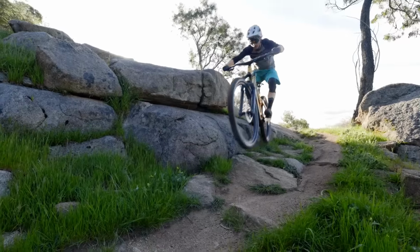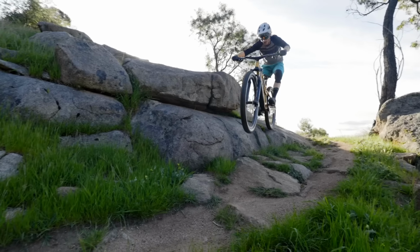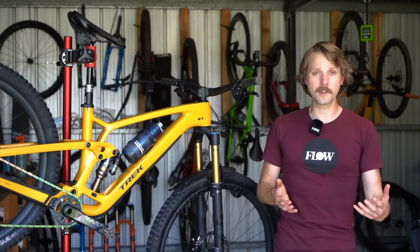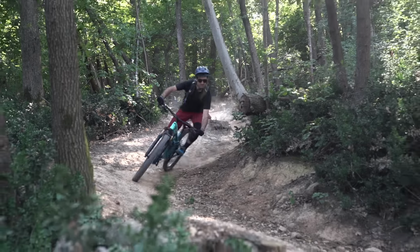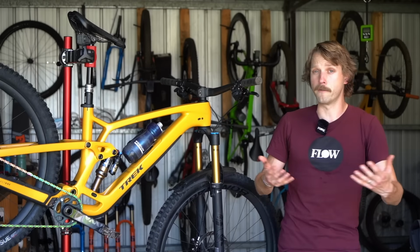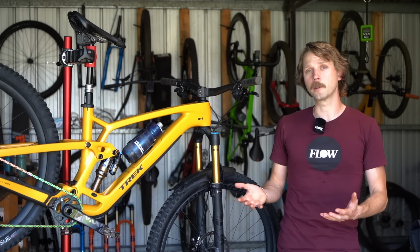Indeed, the riding position and weight distribution are totally sorted, and the Fuel EXe doesn't demand a whole lot from you as the rider. It does need a more concerted lean into tighter corners compared to the old bike, though this is all just part of the natural evolution of modern trail bike geometry. Even if you're coming off a 5-year-old bike, it'll only take you a couple of rides to get used to